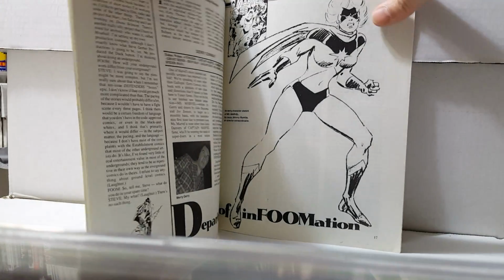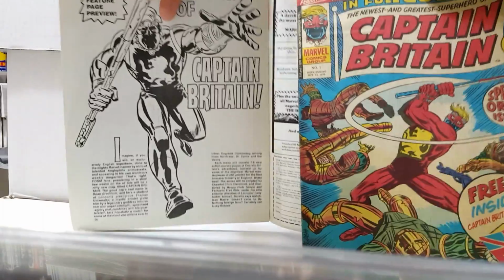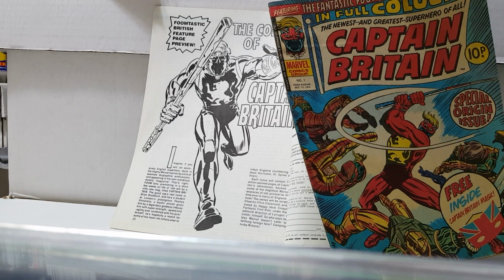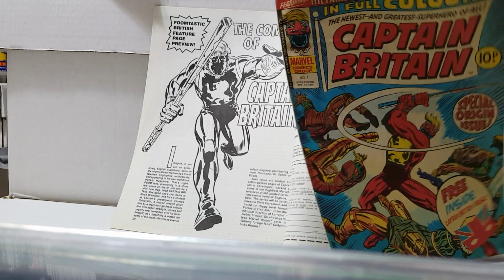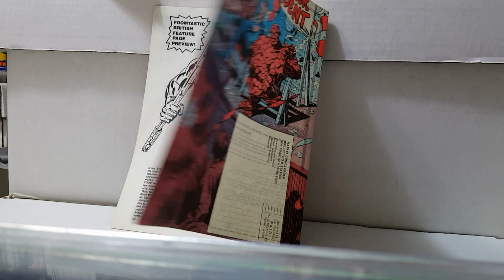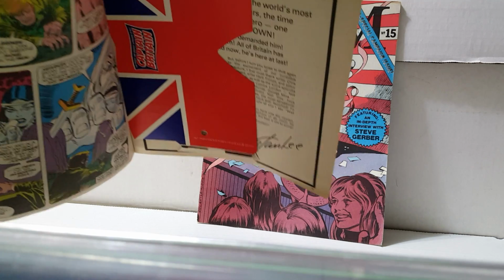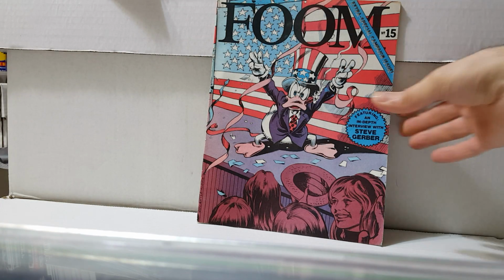And then it also has a big thing on Captain Britain, which predates Captain Britain #1. So if you're a Captain Britain fan, if you're a Ms. Marvel fan, if you like these kind of things, I'm not calling them first appearances. Don't get it wrong or anything. You make your own decision on that. But if you like that kind of thing, this might be a book to put on your radar. If you are looking to get Captain Britain #1, make sure it has the mask in it right there, okay? So I want to make sure it has the mask in there. So, all right. And that's pretty much it for my...